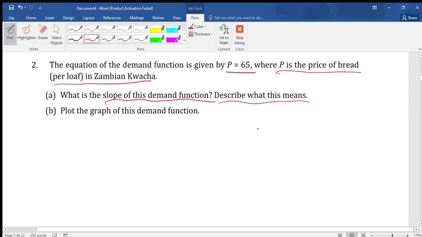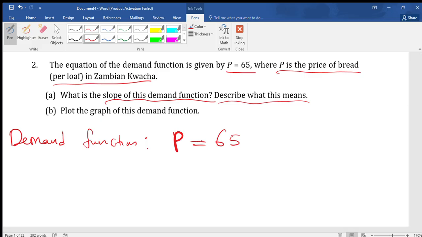So number 1, what is the demand function given? This is a very nice question, and you have to be careful in answering. So the demand function given here is just P equals 65. And when you look at this, because you're trying to relate P and Q and you can't see Q, then